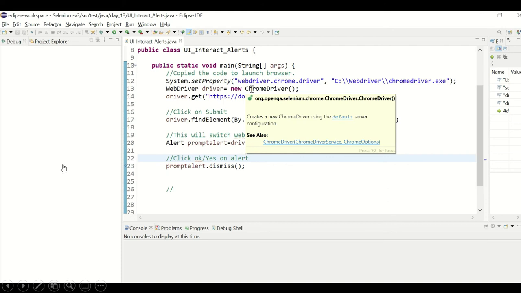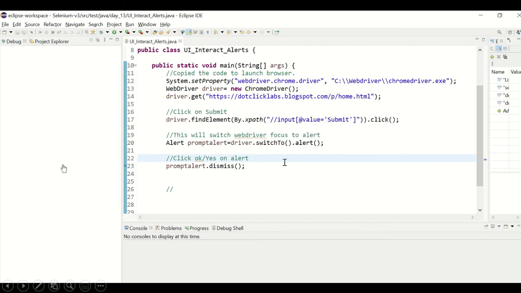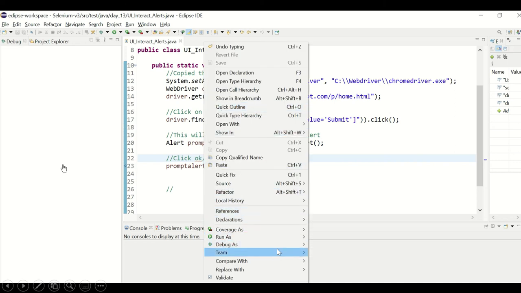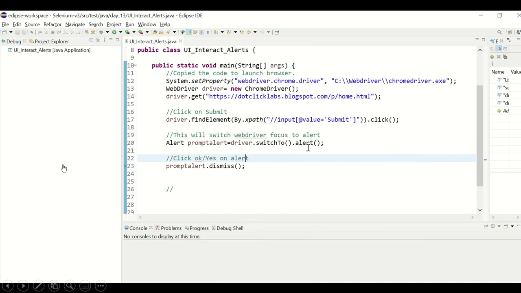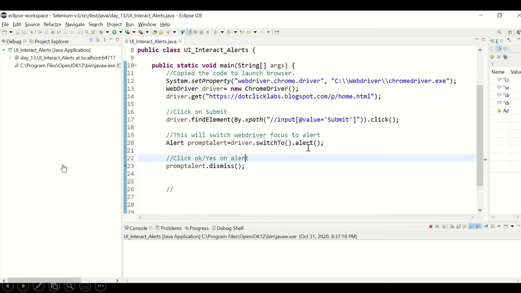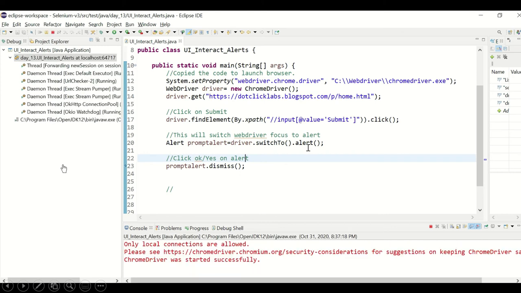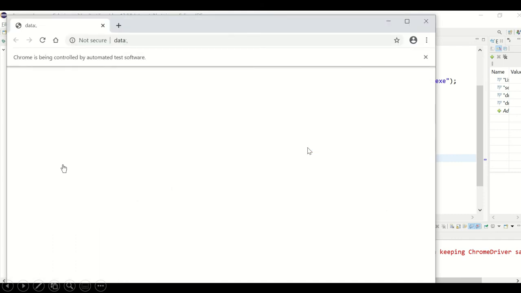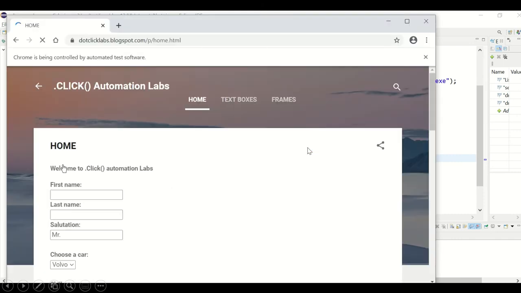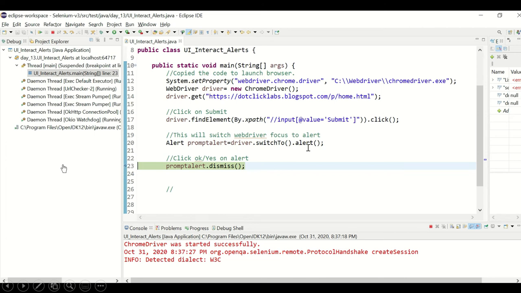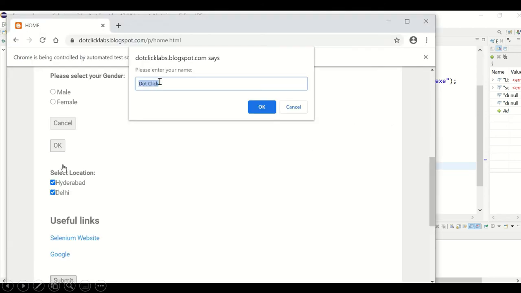Okay, so let's get started with one example. Before dismissing, or after switching to the alert, you can write get text. I put some breakpoint there. Now the script will come and pause before the dismiss step. Here I will write some code to get the text of this alert, which says please enter your name. I would like to get this text. I wanted to verify this.